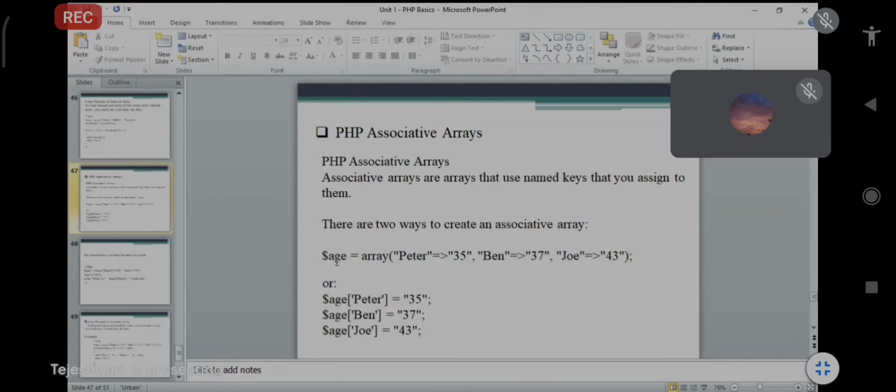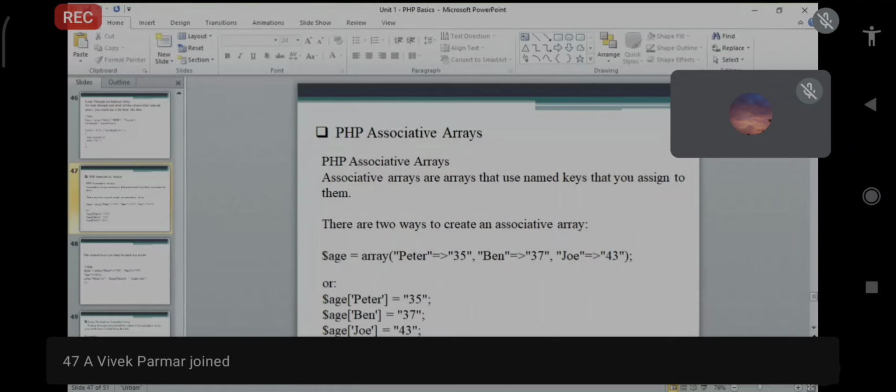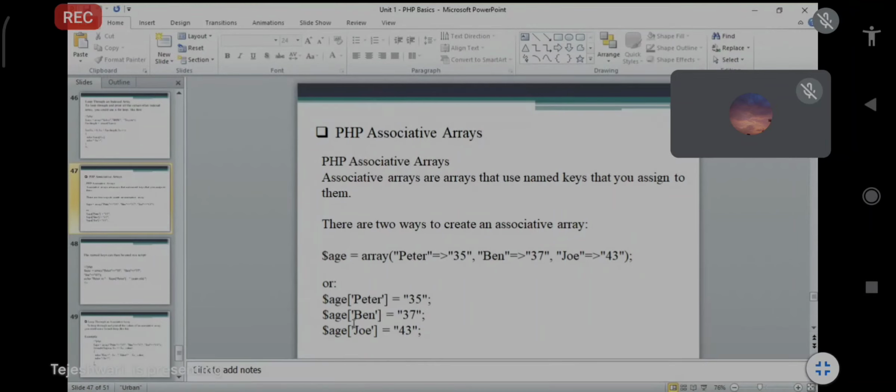If you want this associative array in one line, you can directly take it: dollar age is equal to array, Peter with its value, and so on. But you can also take the dollar age name and its value assigned separately. Same variable dollar age, so it is repetitive, because dollar age is your variable, and in the variable you pass the name and its value.